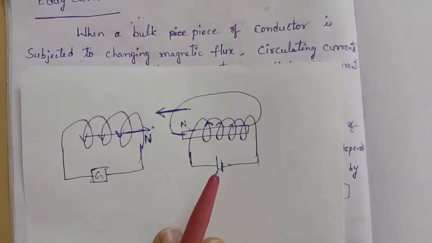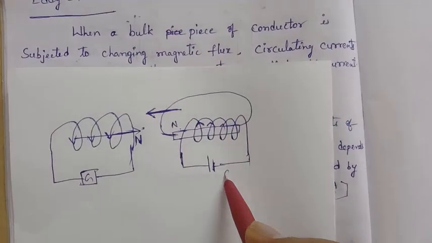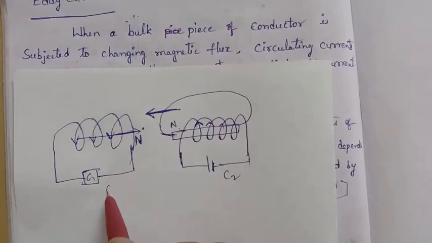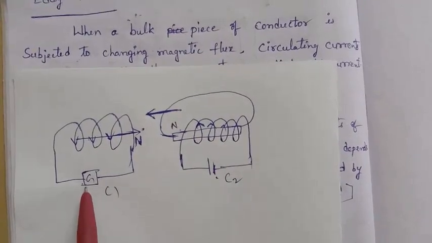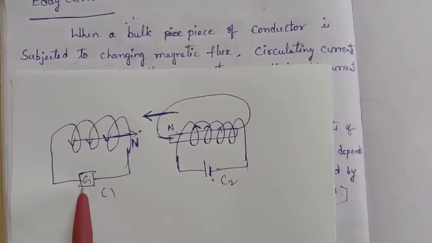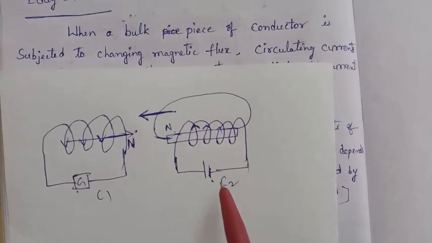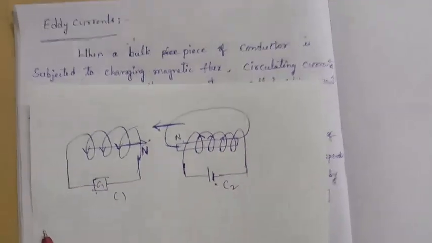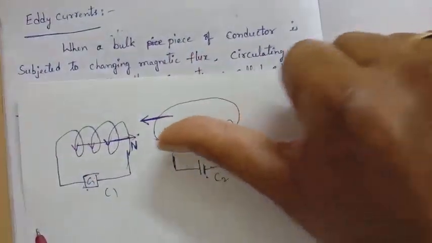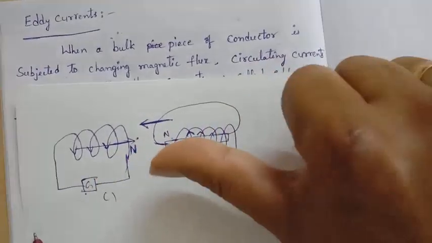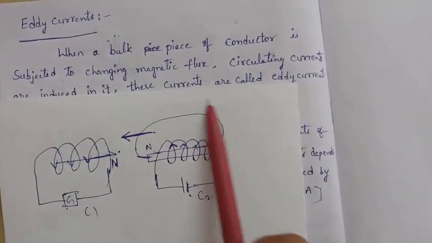So all of you observe this diagram. It is a circular coil C2, and a circular coil C1. This coil is connected to a battery, and this coil is connected to a galvanometer. It is already Faraday's second experiment. When this coil is connected to a battery, I can apply the electric field like this. In this direction, the magnetic field will be induced like this. So the magnetic lines of force start from north to south.